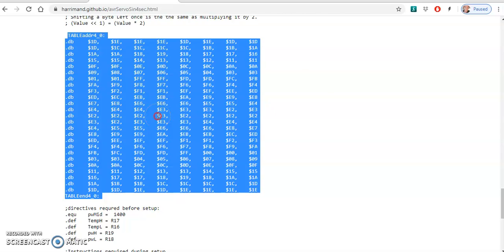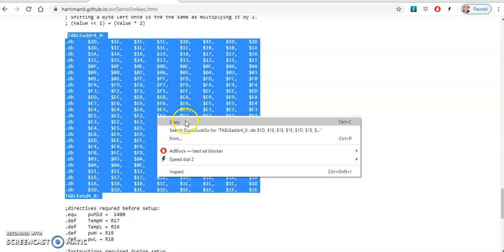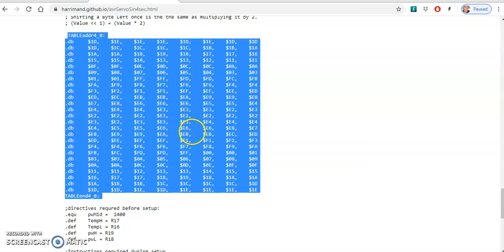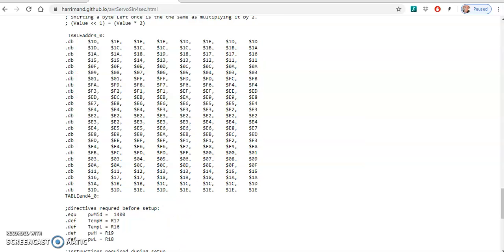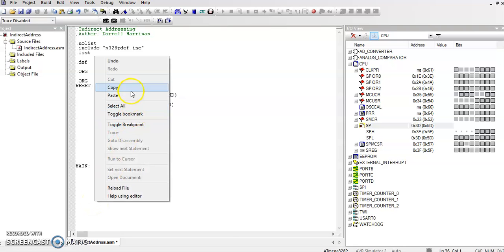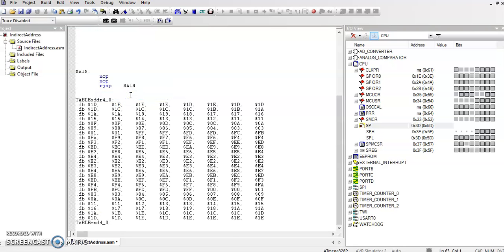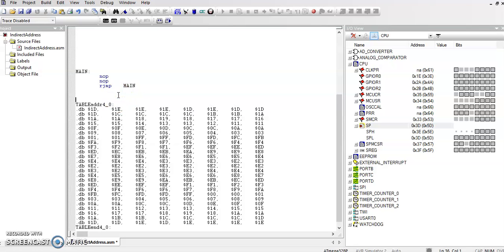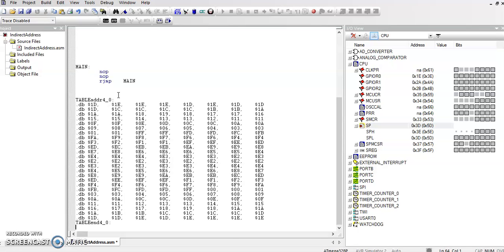So I'm going to copy this table here and go back to our program, and I'm going to paste this table here, and just like that we have a table of data. So we can copy this table into SRAM. There's 200